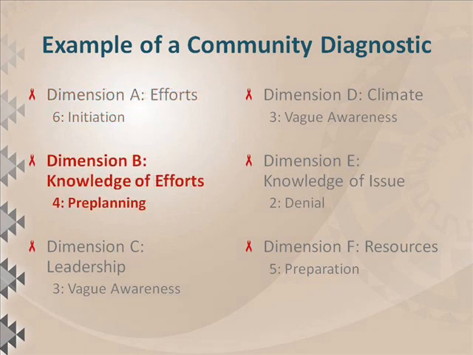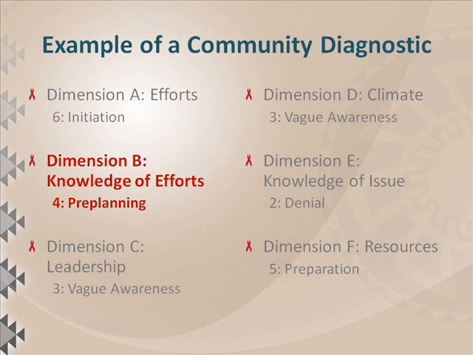For Dimension B, knowledge of the efforts, the community is at a pre-planning. They know the names of each of those efforts that are available in activities, but their knowledge is limited after the point of what the names are as far as what kind of services are offered, how to access, and who is